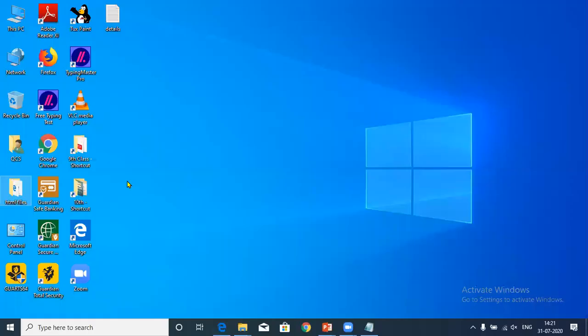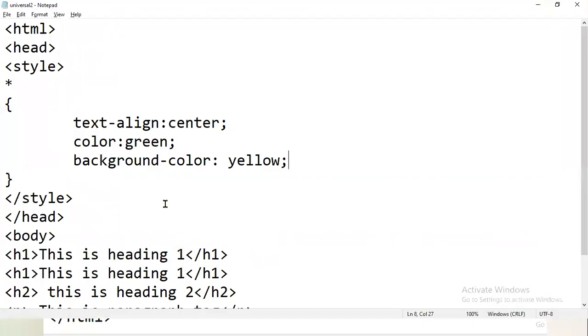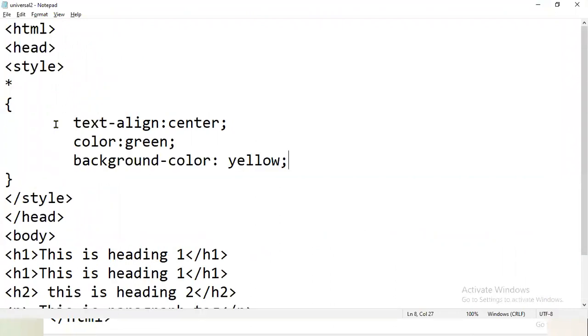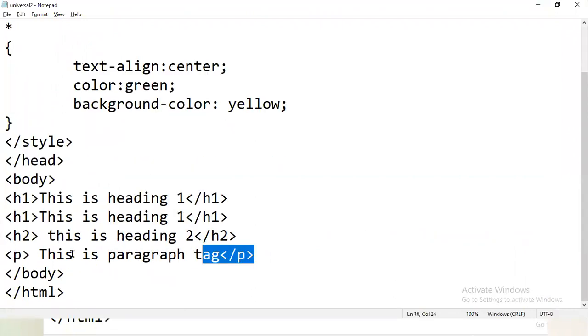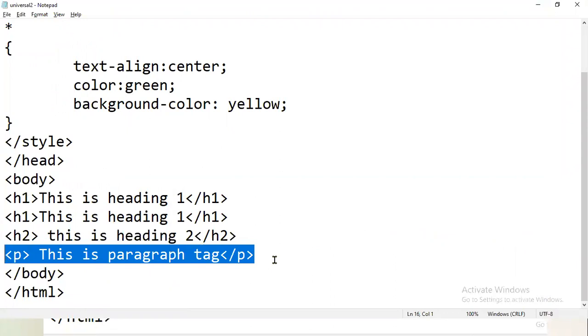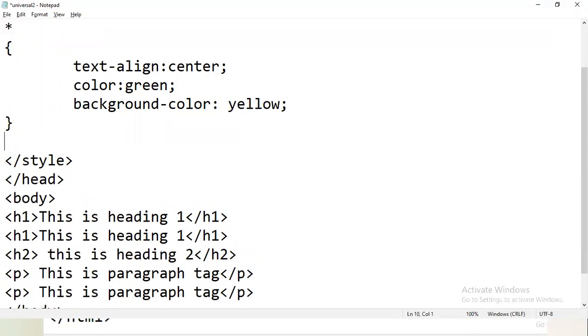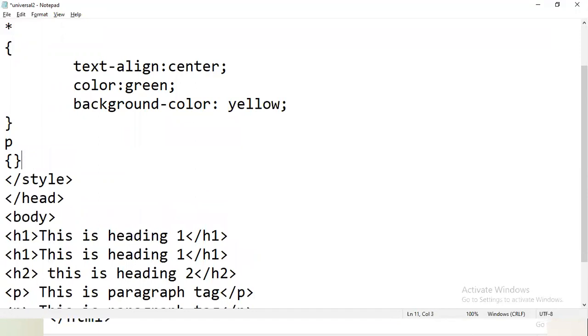If we compare with this file, for example, one format I have defined universally for all the tags. Now there are two p tags on my page, and I want to define the type selector. How can we give formatting to the type selector? Here I am writing the p tag, which is my selector.